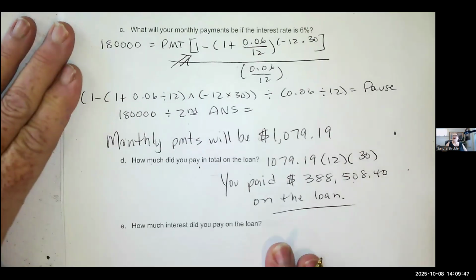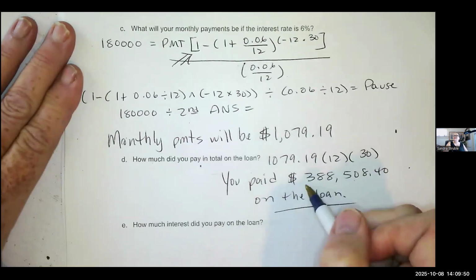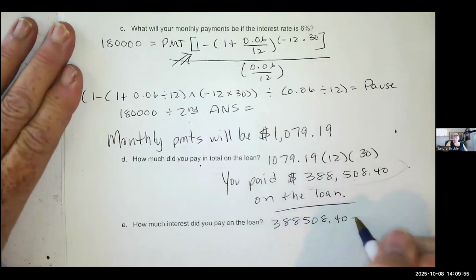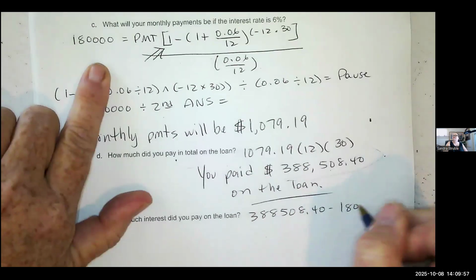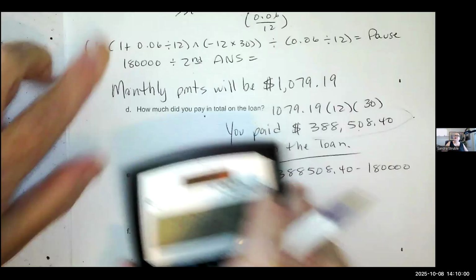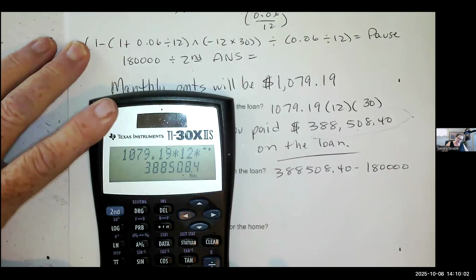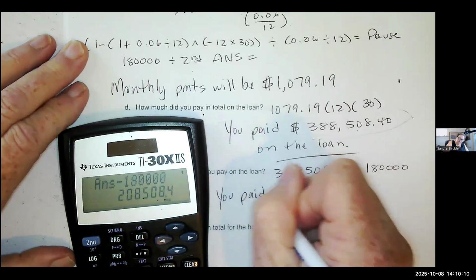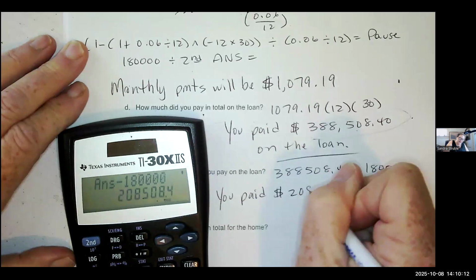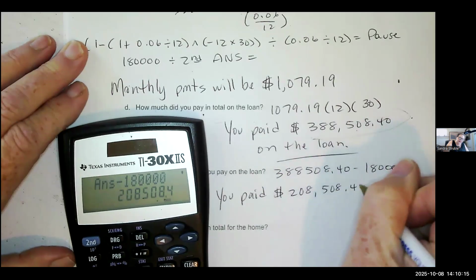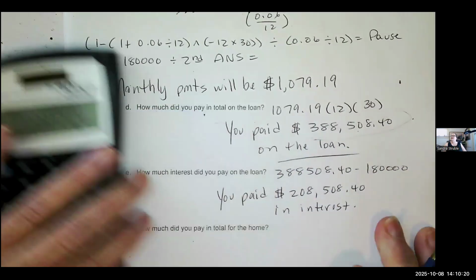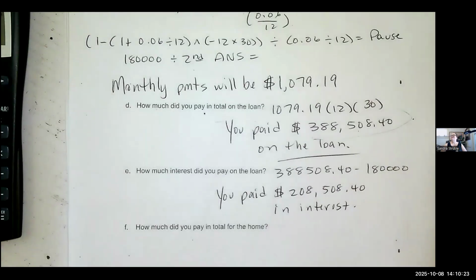How much interest did you pay on the loan? And that's just the amount you paid on the loan minus the loan amount. This is what the bank gets for you borrowing from them. So take the number in your calculator and subtract $180,000. So you paid $208,508.40 in interest. So when you go to buy a $200,000 home, you put $20,000 down, you're not buying a